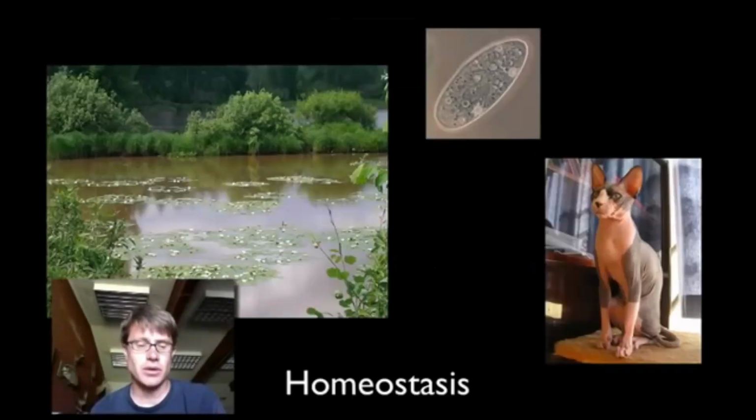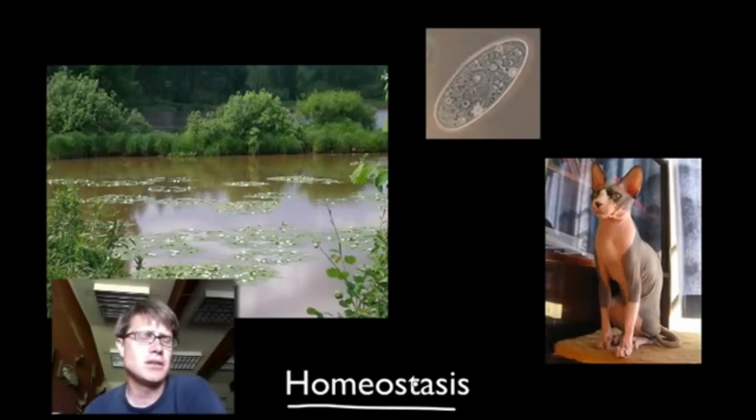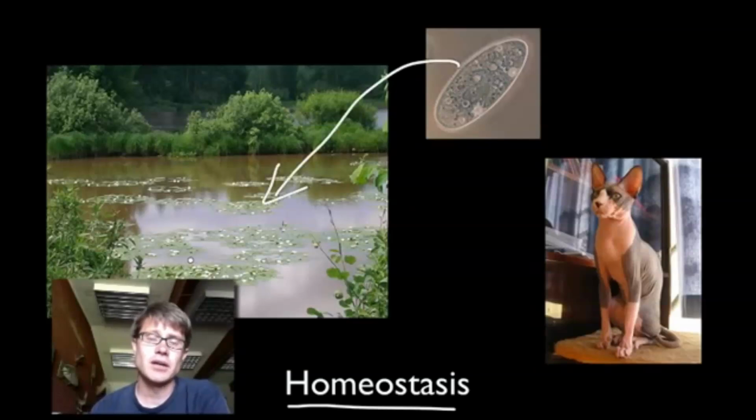And so let's start with homeostasis. Homeostasis, if we were to define what it is, is an internal stable environment. And so if you live in a pond, if you're a paramecium like this and you live in a pond, you let a lot of your environment just go, and you maintain that environment by just maintaining the same as